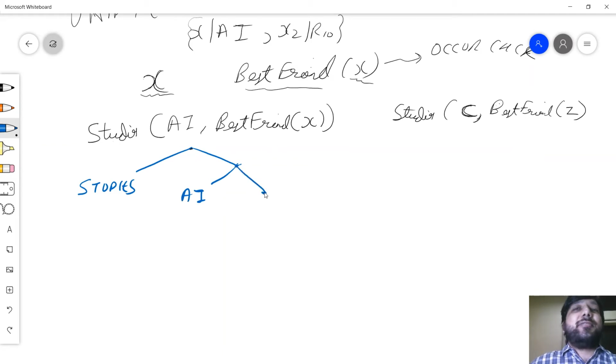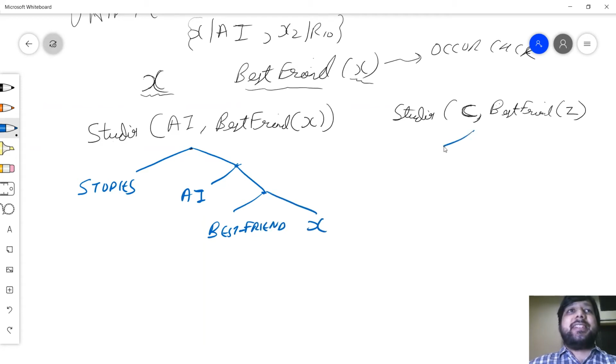The second argument is the best friend of X, so I have best friend as the name of the function, and the argument list, that is X. Similarly here, studies and all the arguments around here.